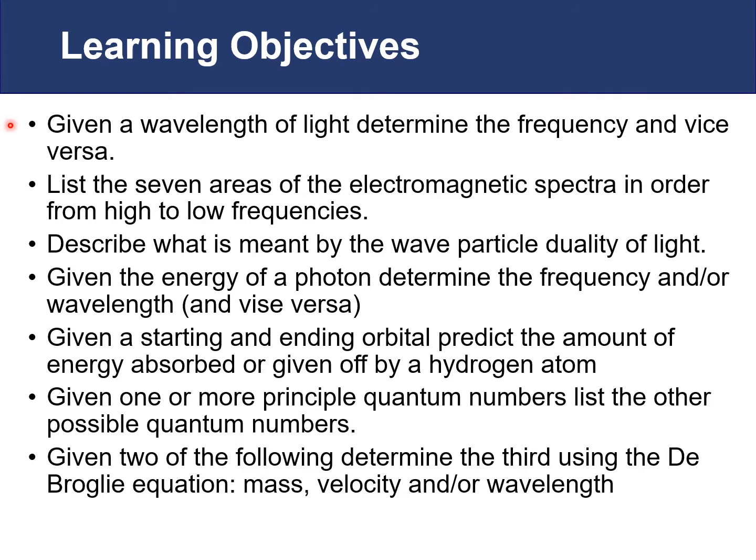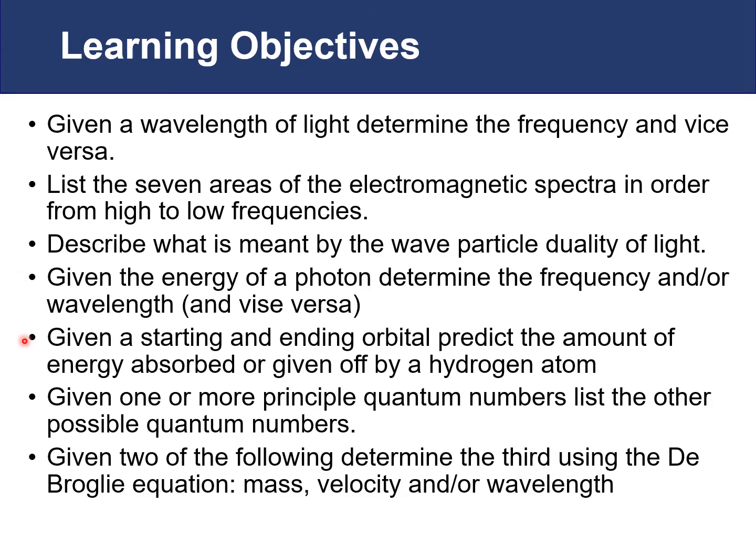list the 7 areas of the electromagnetic spectrum in order from high to low frequencies, describe what is meant by the wave-particle duality of light, given the energy of a photon, determine the frequency and/or wavelength, or vice versa,